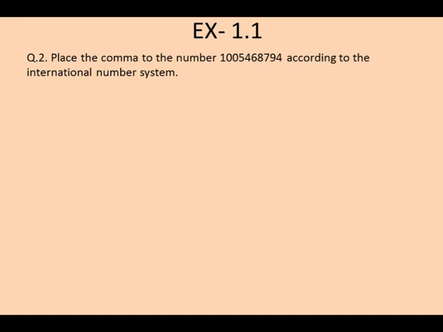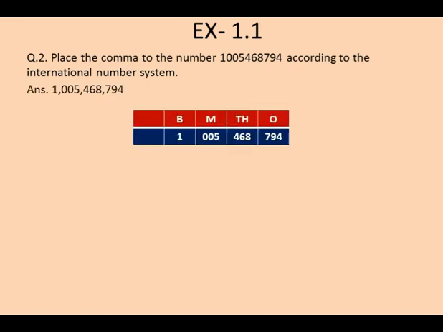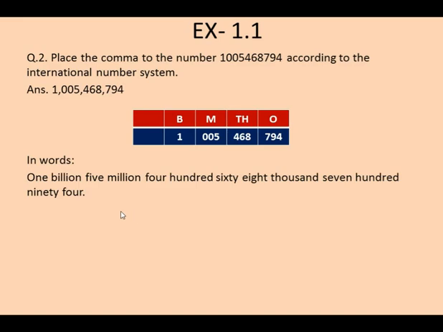So here again I have used the place value chart table. I have placed the last 3 digits from the right in the first column, then in the thousands column the next 3 digits, and then the next 3 digits from the right, and at last the single digit remains, that is 1. Now we can easily read out the number: 1,05,468,794. Okay, so we need to write it in words.